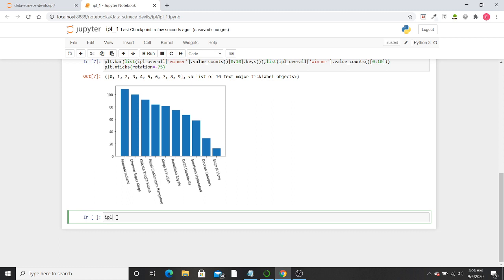So I'll create a new object, and then the same IPL_overall. And inside this we need to pass a condition that we want the year to be 2019.